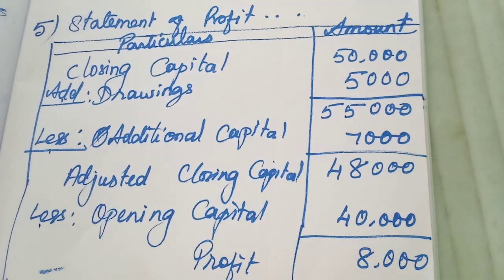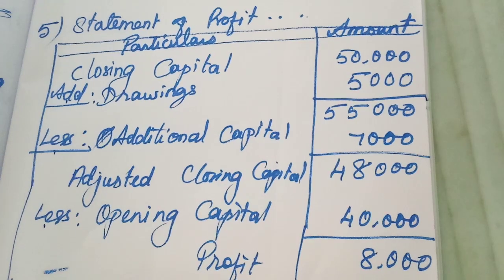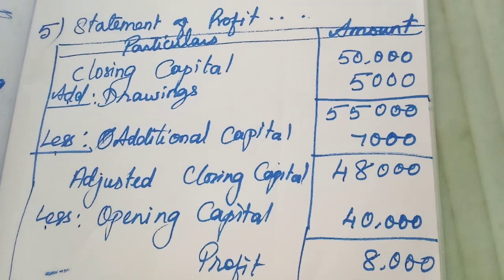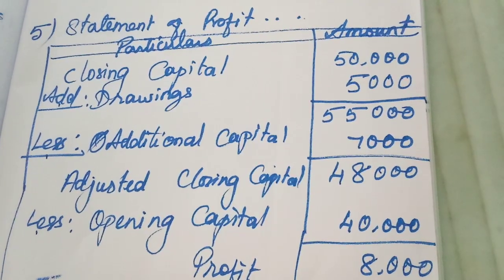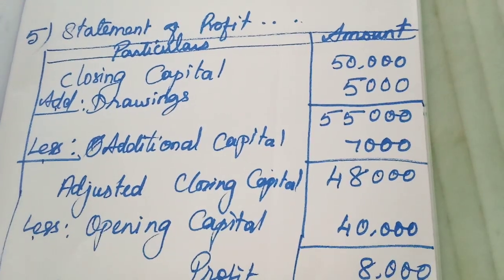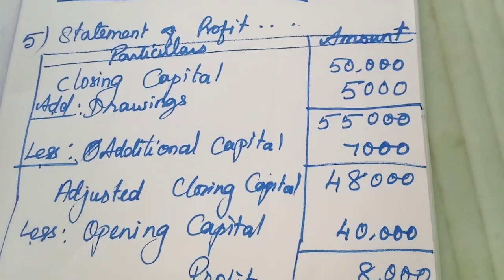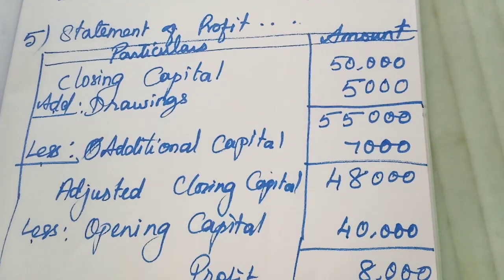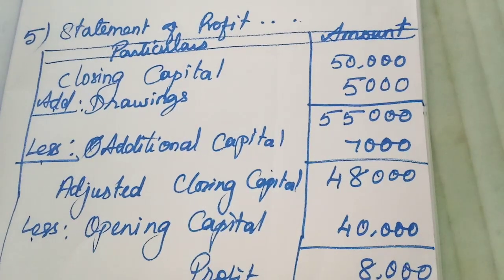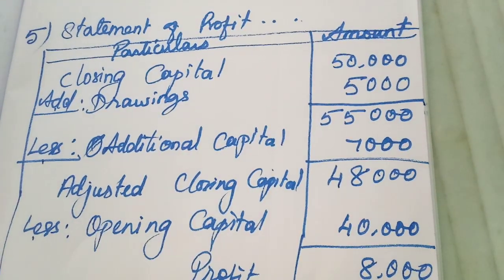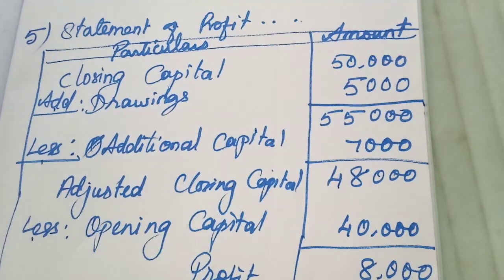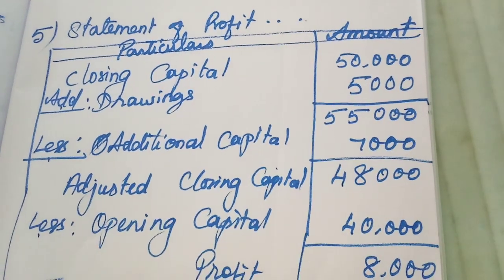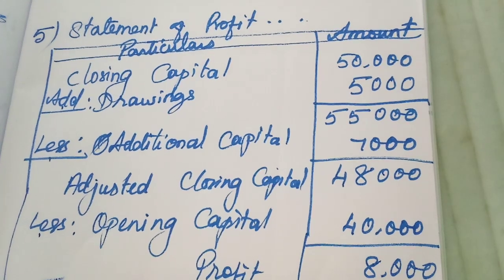There we have to prepare three statements. The first one, opening statement of affairs. The second one, closing statement of affairs. Then the third one, statement of profit or loss. Like that we have to prepare. That one they may ask for 5 marks. Usually here it is a compulsory question. Surely they will ask either for 2 marks or for 3 marks. Every test they will ask, even for the monthly or midterm or quarterly, half-yearly, public exam. Every time they will ask one problem from here, the other problem from the next one, what we are going to learn in the next class.